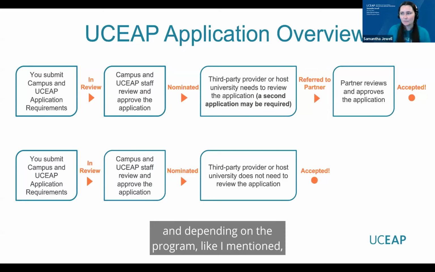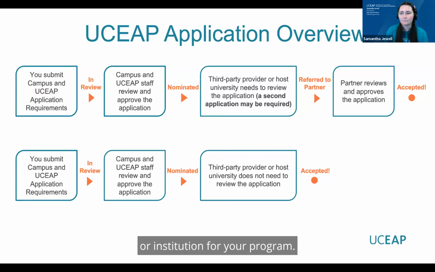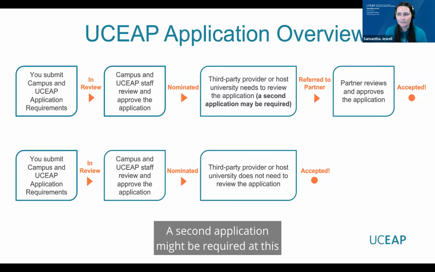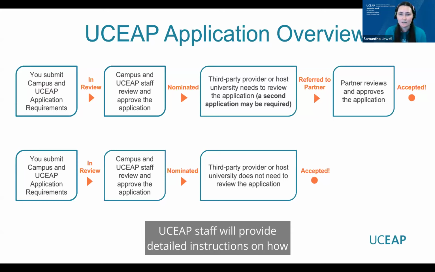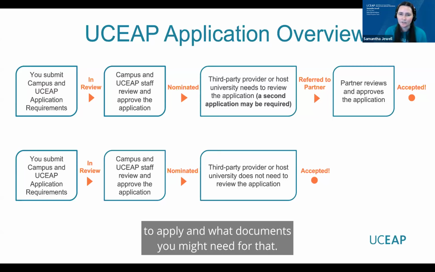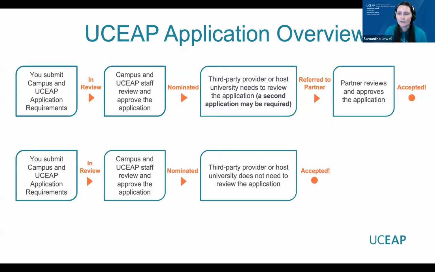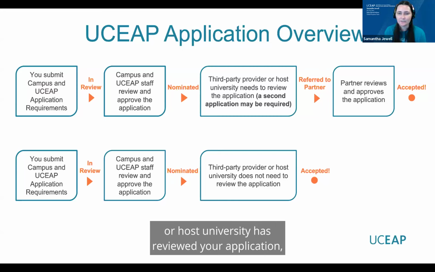And depending on the program, like I mentioned, your application will then need to be reviewed by the third-party provider or the host university or institution for your program. A second application might be required at this time or during this step. And if another application is required, UCEAP staff will provide detailed instructions on how to apply and what documents you might need for that. After the third party or host university has reviewed your application, you are then officially accepted